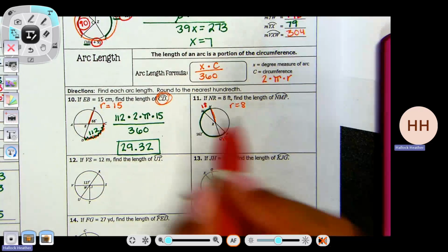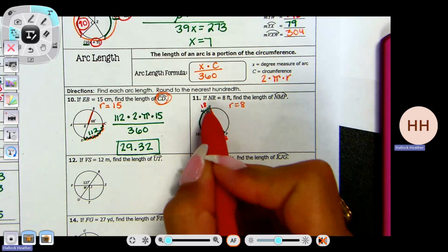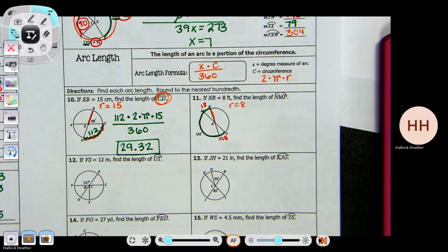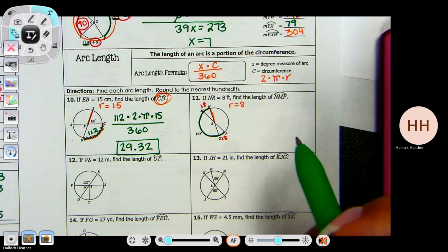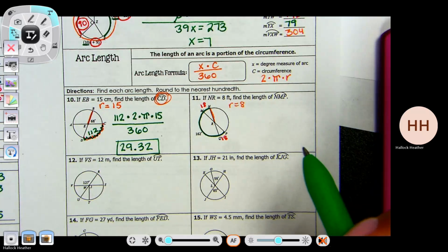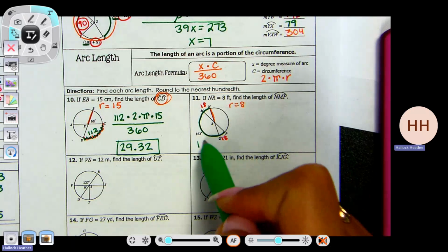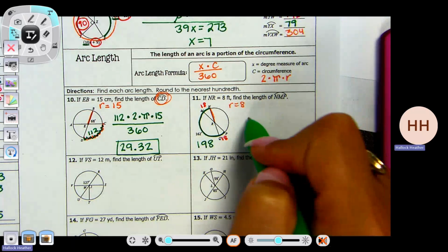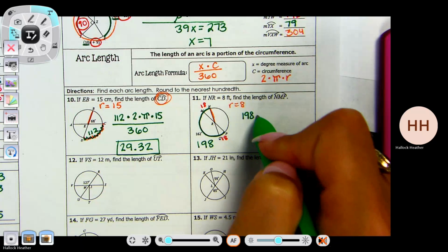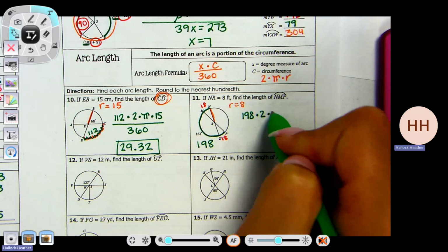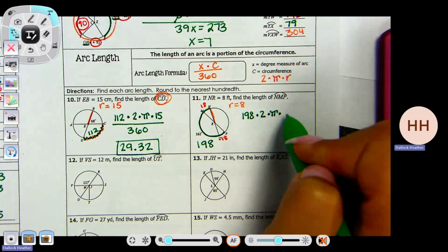So if I add 18, 18, 162 together, how much is that big arc? Not 180. 198. So we're using 198 times 2 times pi times my radius, which is 8,